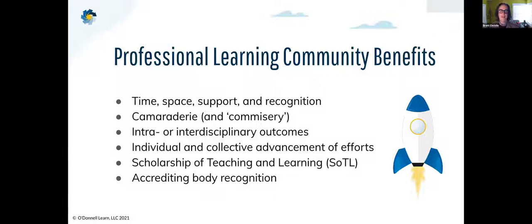They can be intra or interdisciplinary. So you might have something that's focusing just on a particular program. They're working together as a professional learning community. It could be related to their program outcomes and doing more effective course alignment and program alignment to the outcomes. It could be interdisciplinary, which